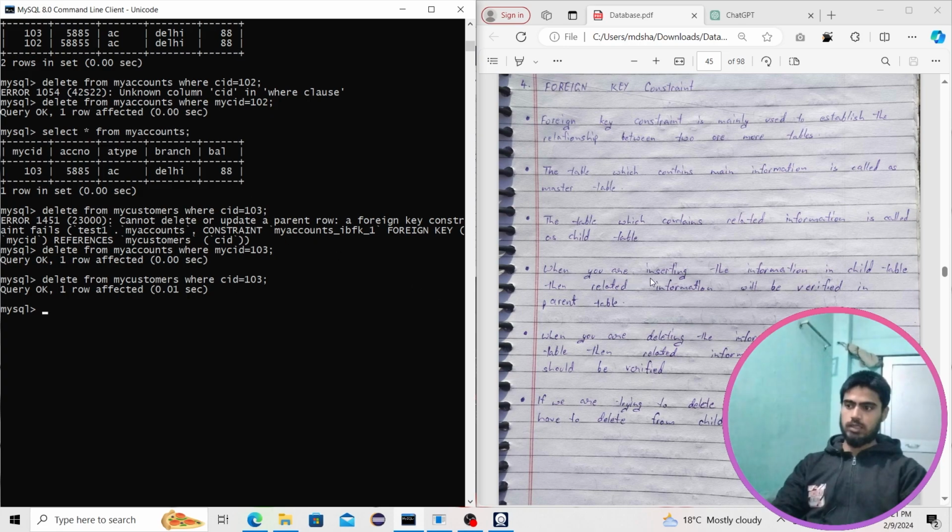When you are inserting information in the child table, the related information will be verified from the parent table. So those values must first be present in the master table or parent table. When you are deleting information from the parent table, then the related information must first be deleted from the child table. Otherwise, if there is a relationship established and the value inside the child table is present, and we are trying to delete it from the master table, then